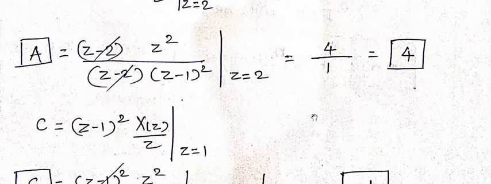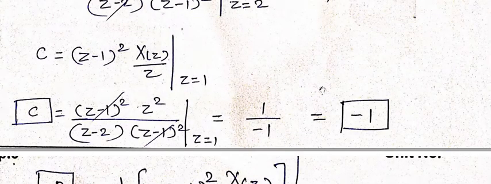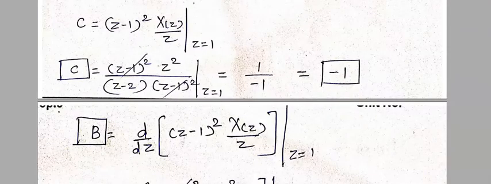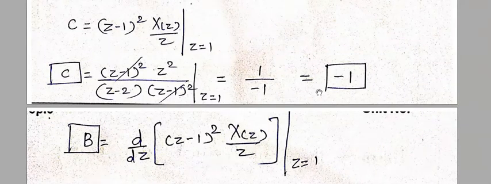Once we got a equal to 4, the next job is to get the value of c. So c is quite simple to get over here. That's why purposefully c is calculated first, and then we can calculate b. Okay, let me just specify it. This is how c can be calculated. To calculate c, we'll go for this kind of expression.